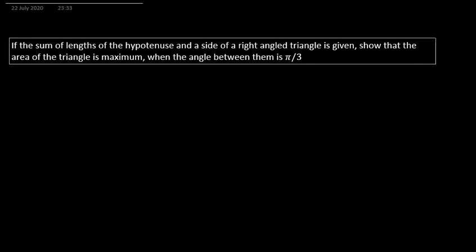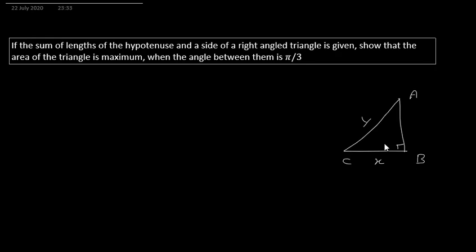So right angle triangle, let us draw a right angle triangle. I will draw a right angle triangle here. This is a right angle triangle. Okay, let us name it as triangle ABC. It is right angle at B. Now if the sum of length of hypotenuse and a side of right angle triangle is given, so let us take this hypotenuse is y and one side as x. So sum of these two sides is given,